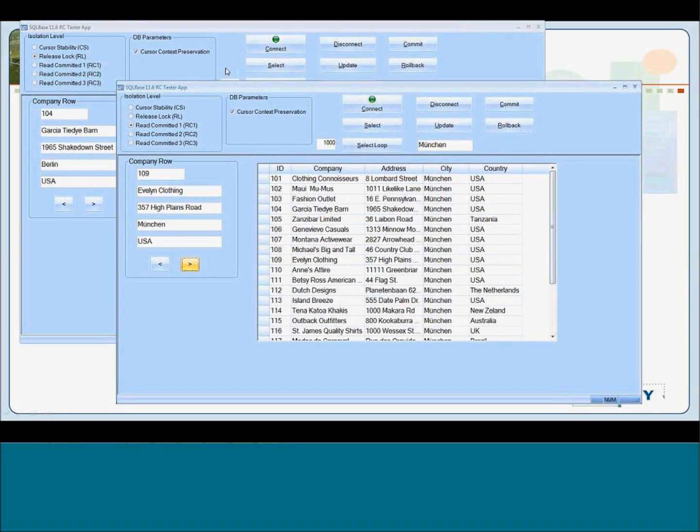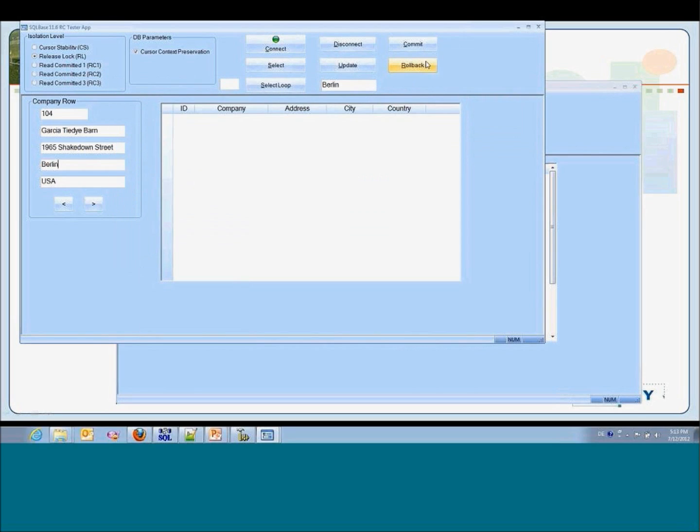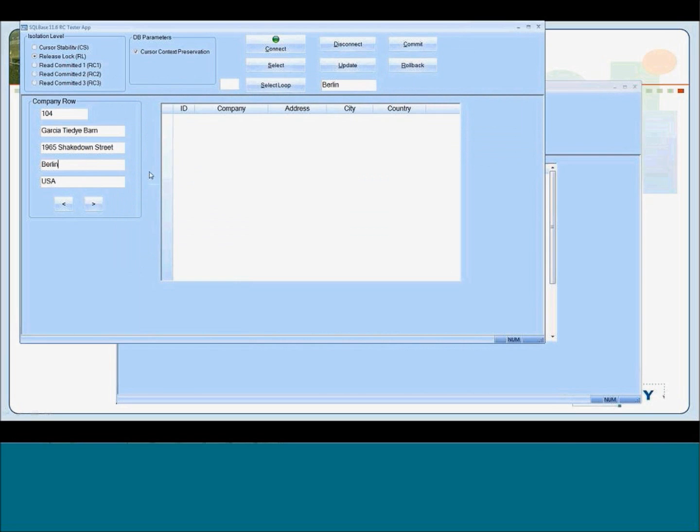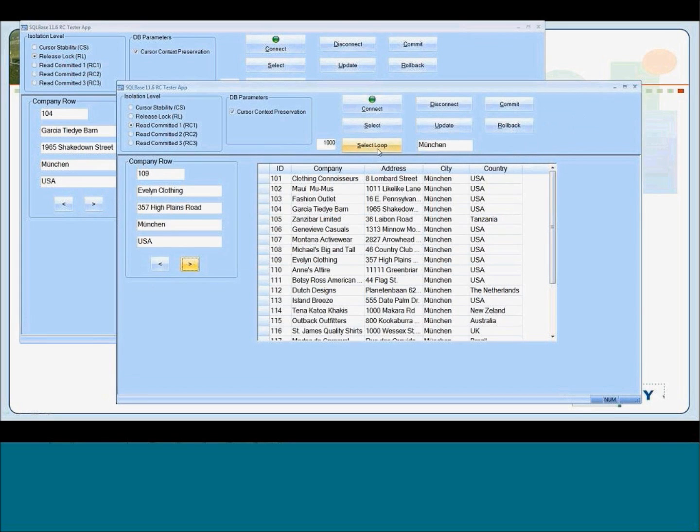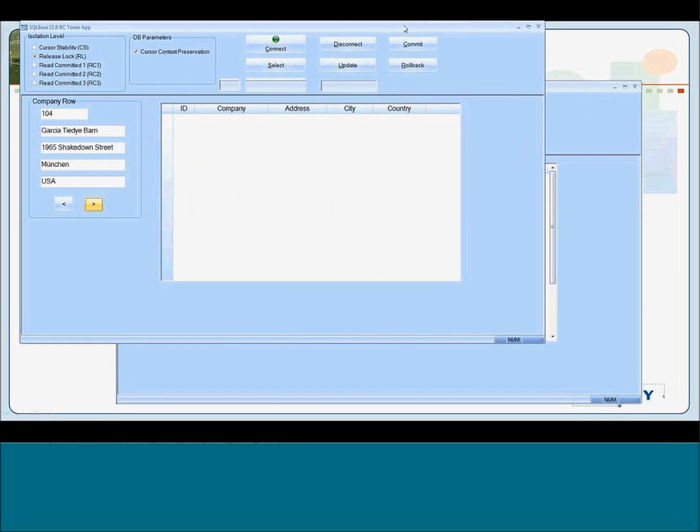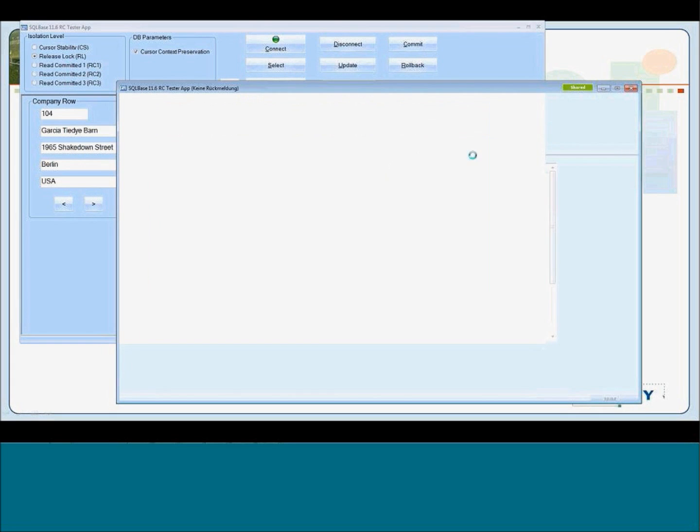And also, let me again go here, do a rollback of these transactions, do a select again. So I have Munich in here again. And now let me do that select loop here again. Now this is running, select, select, select. And I do an update here and select. And you can see that all this worked while on the other side still the select loop is running.